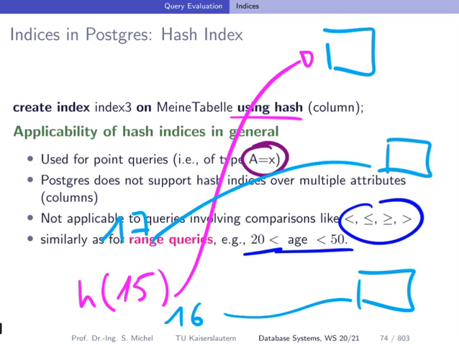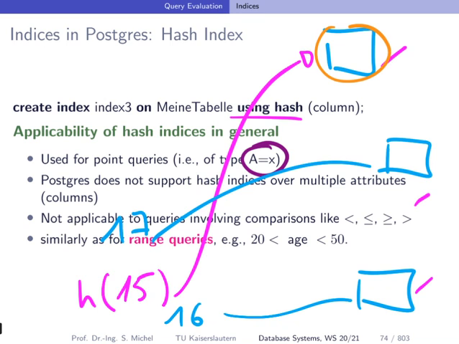So what does it mean now if you're searching for all tuples that are between 15 and 17? Well, this means that you have to look here and here and here. It is not possible in general for this modular hashing or other simple hash functions to hash 15 to go here and then read neighboring hash buckets, because there are very many hash buckets